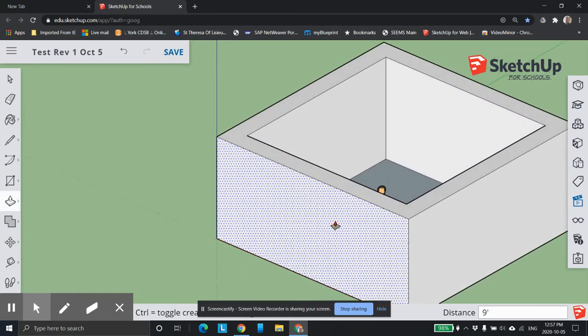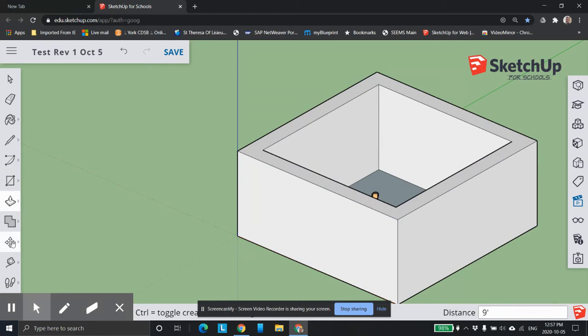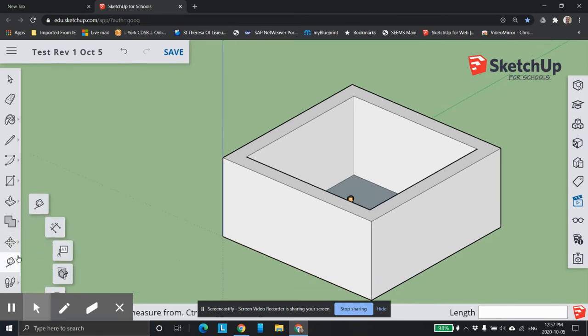So that's those tools down here. This one here is the move tool, which is nice. You'll use that quite often for moving things around, rotating. I quite like this. This is my tape measure tool. Lots of different options underneath the tape measure tool. You can play around with them, but the primary one I use is, say I want to put a door